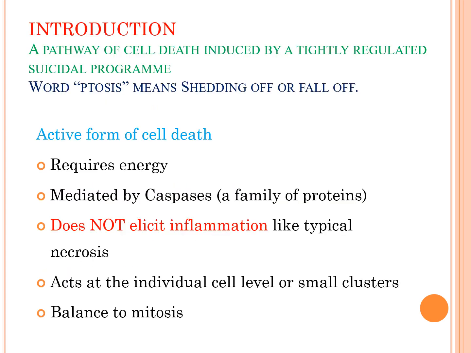Apoptosis is defined as a pathway of cell death induced by a tightly regulated suicidal program. That is, the process is started or induced within the cell itself and it is tightly regulated. And this word ptosis is derived from the Greek language, meaning shredding off or falling off or dropping off. So this apoptosis is a tightly regulated programmed cell death which is self-induced,